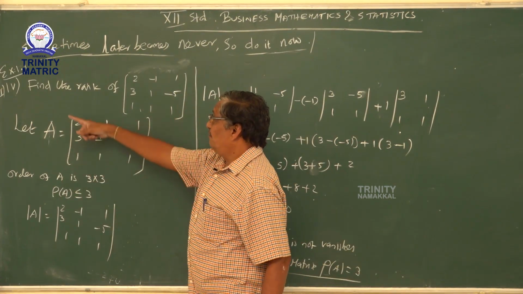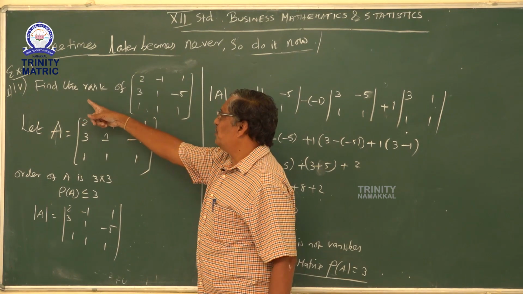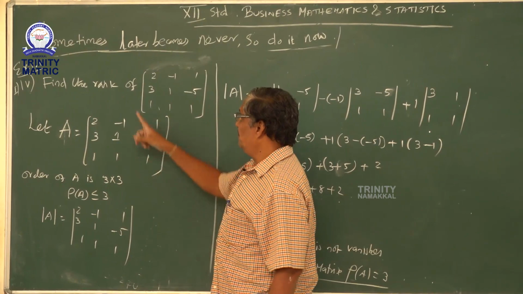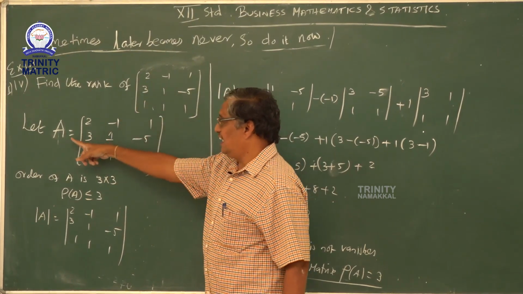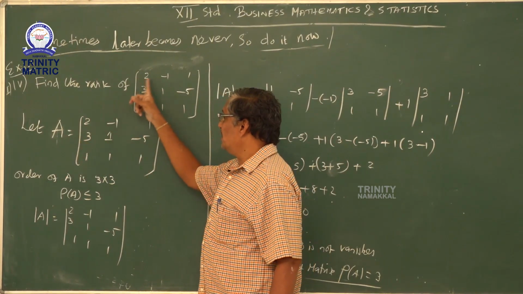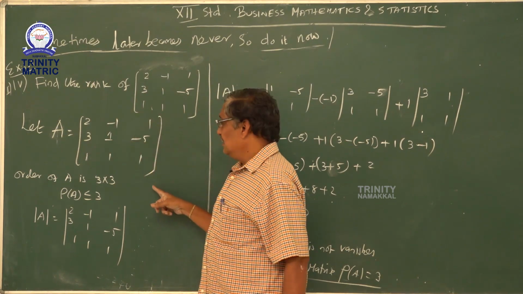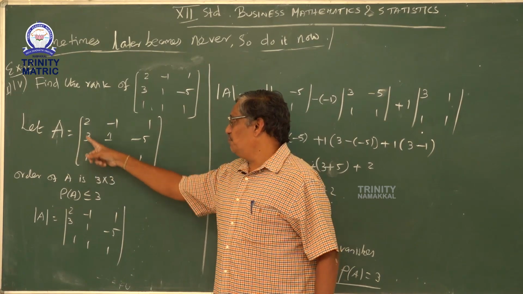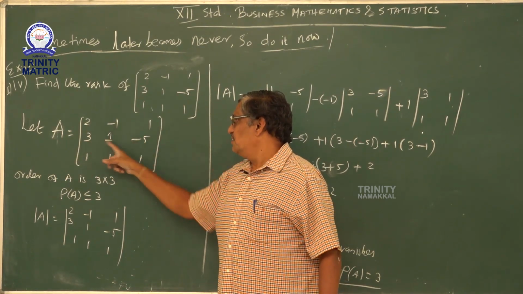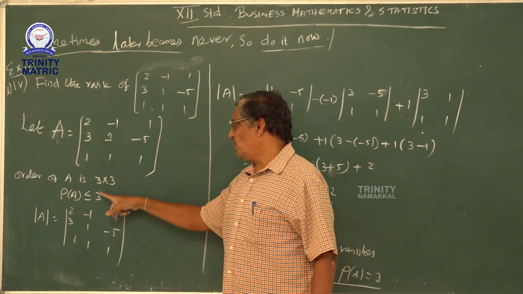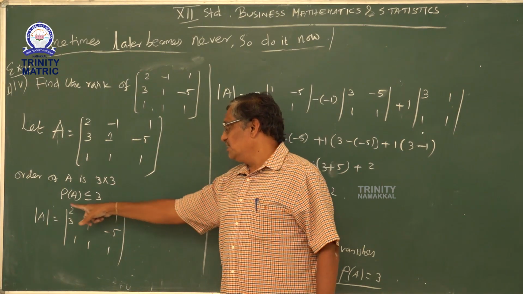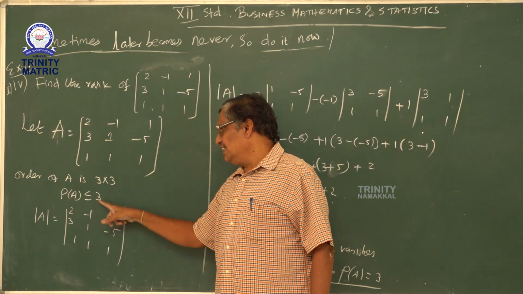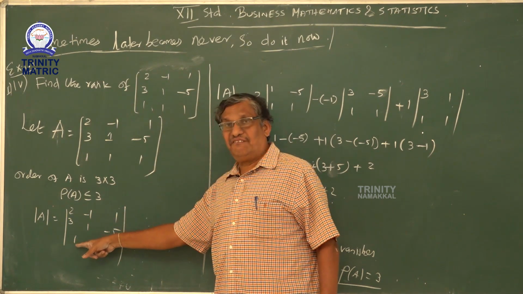We will go for exercise 1.1, fourth sum. For a 3 by 3 matrix, how will we find the rank? The given matrix is named A. Let A is equal to what is given, you have to write it. Clear? Now what is the order of A? You know that, because 3 rows, 3 columns, the order of the matrix is 3 by 3. So rank of A is at most the minimum of these numbers. The minimum number is 3. Now we have to find the value of the determinant.